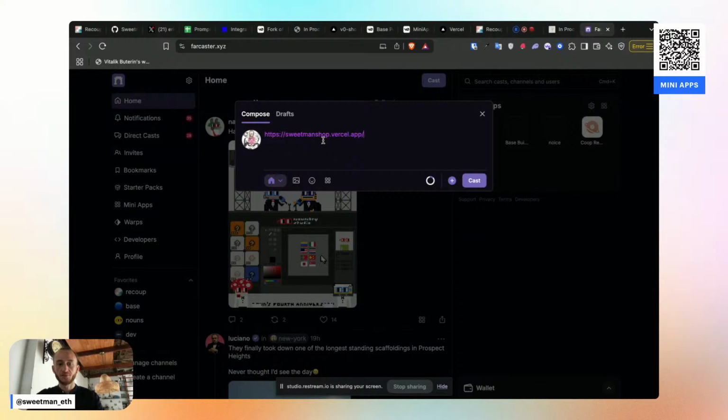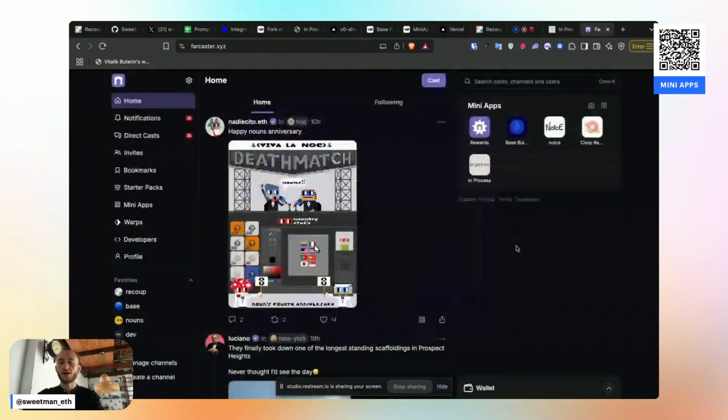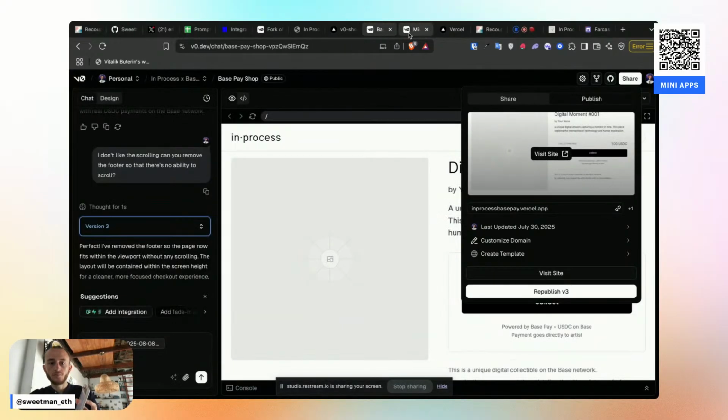I did one prompt, share the link. And here we've got our own mini app. Obviously, we can make it better. We can still customize the image, etc. But for now, I just want to show how fast and easy it is to get set up with the mini app. So let's go over to my profile on the base app, and we can see